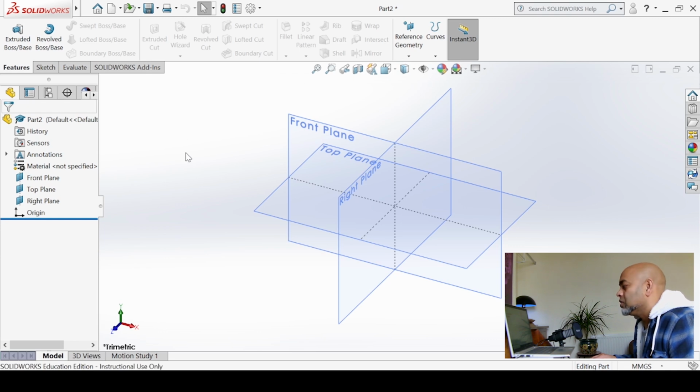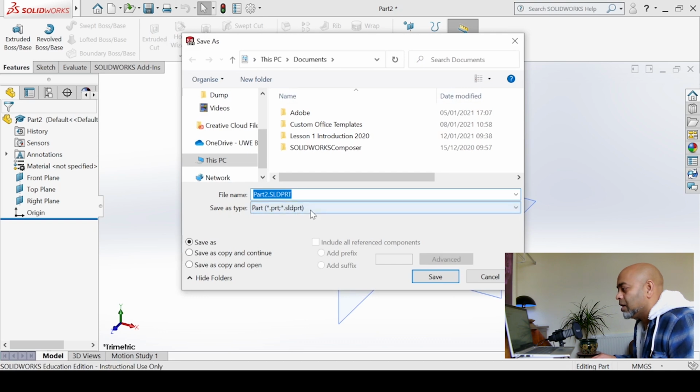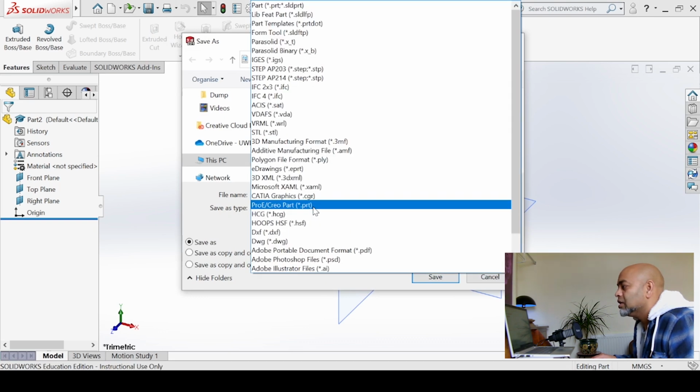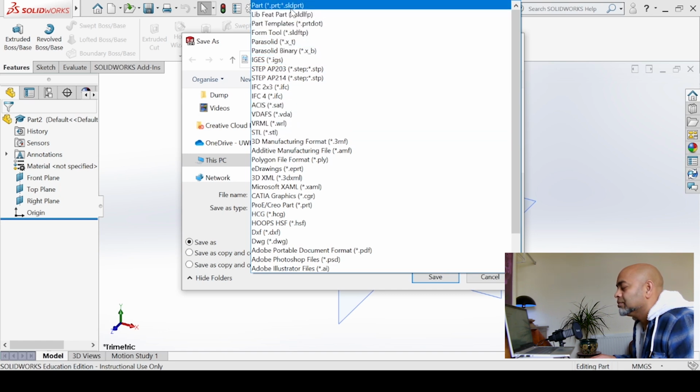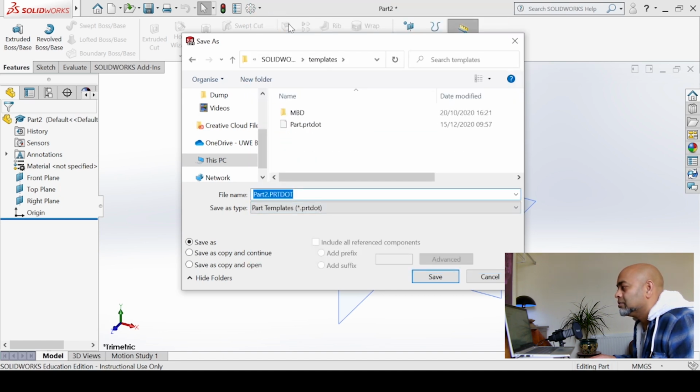Right. So whilst I'm here, what I'm going to do, instead of saving this file as a file, I'm going to save this as a new template. So I'm going to go Save As, and I'm going to save this as a new template file. Part template, part 2 dot. If you wanted, you can overwrite